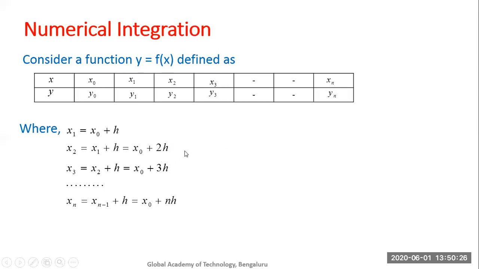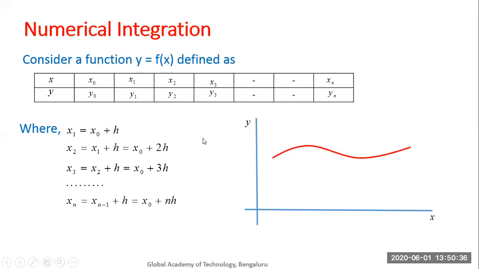So let us put this graphically. We'll take the x-axis and y-axis. As we know, a function in one variable represents a curve in the xy plane. So this is y equal to f of x. We are given that for x equal to x0, the value of y is y0. So x equal to x0 is some point on the x-axis, and y equal to y0 is the value of the function for x equal to x0. So y0 is the value of this ordinate, that is, the length of this ordinate is y0.